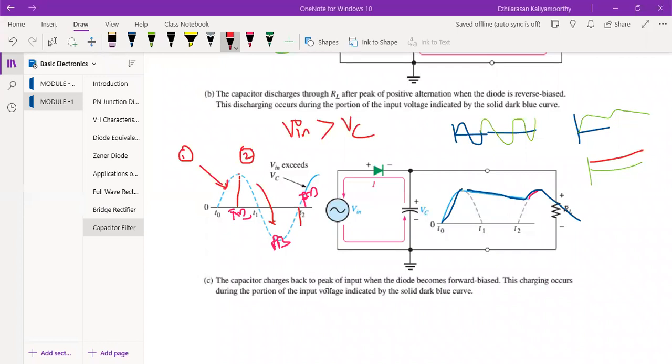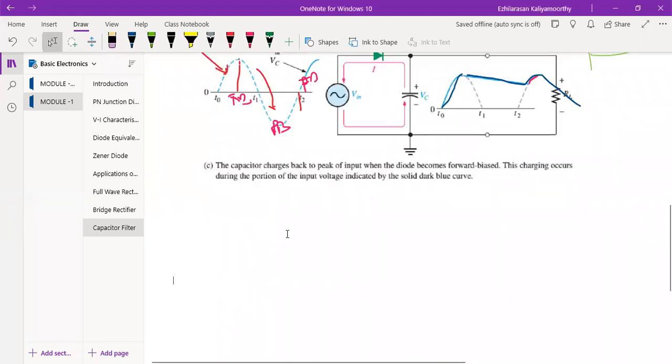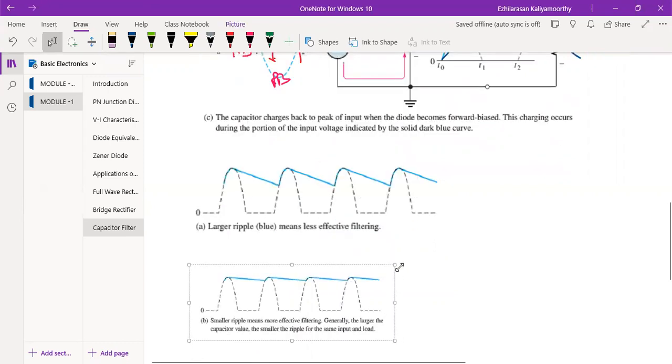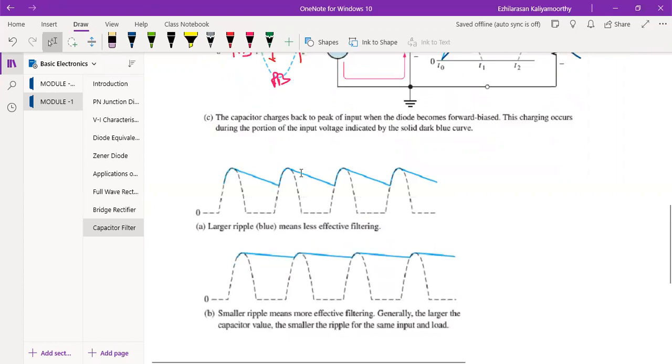So now very simple. I will show so many diagrams and we'll get everything properly. So first thing, I'll show how it is done. See, first thing, this is large ripples. Second one, I will show, see, this is small ripples, because you see the height. Large ripples means where I'm showing. What does it mean? This only. See this. This is small ripples. See the ripples. So small ripples means more effective filtering.